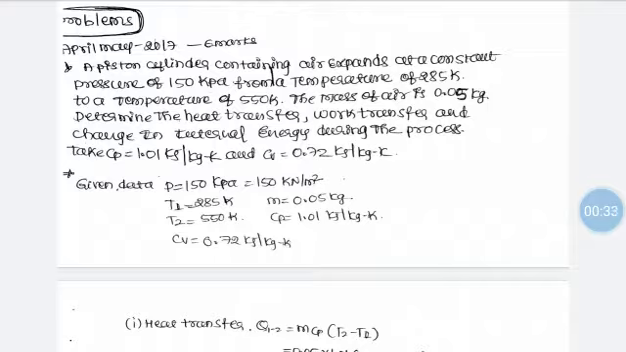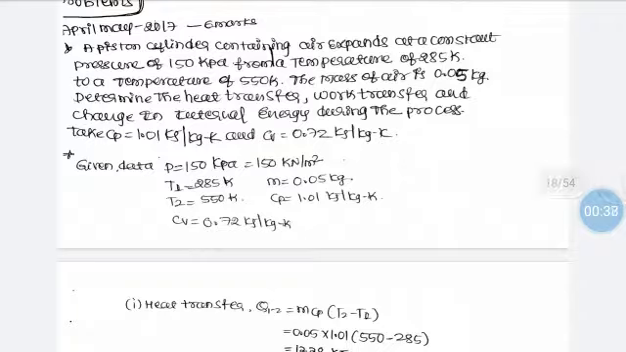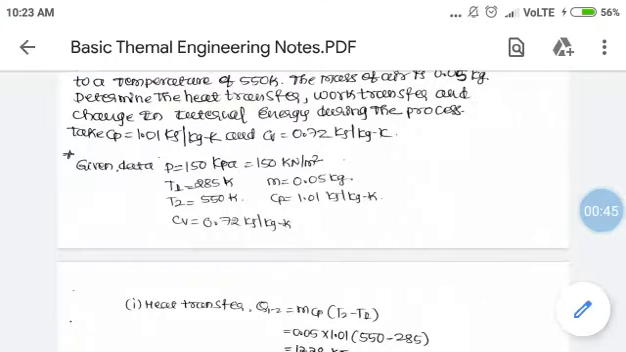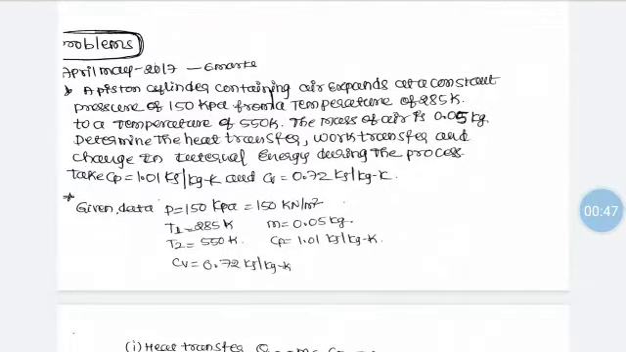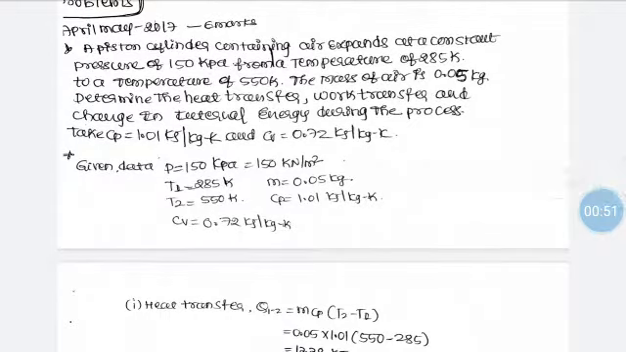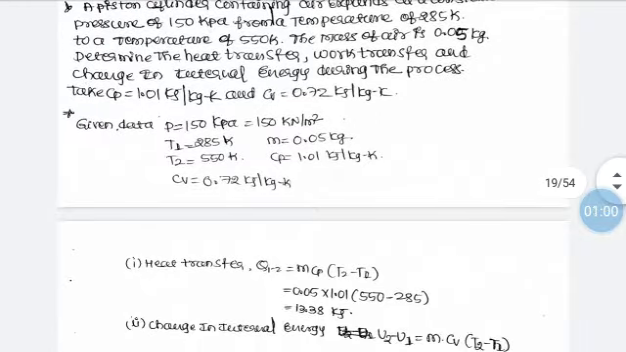A piston cylinder arrangement contains air and it is expanding at a constant pressure of 150 kilopascal from a temperature of 285 Kelvin to a temperature of 550 Kelvin. The mass of air is 0.05 kg. Determine the heat transfer, work transfer and change in internal energy during the process. Take Cp as 1.01 kilojoule per kg Kelvin and Cv as 0.72